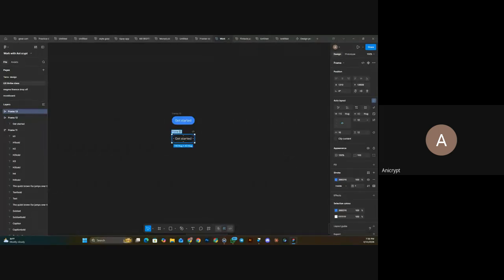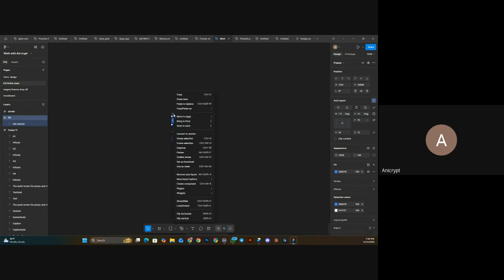So this is your stroke, and this one is your fill. So let's say you want to use it in all your designs. So we are going to be creating components with this particular thing. Can you see here? You can click create component, and the